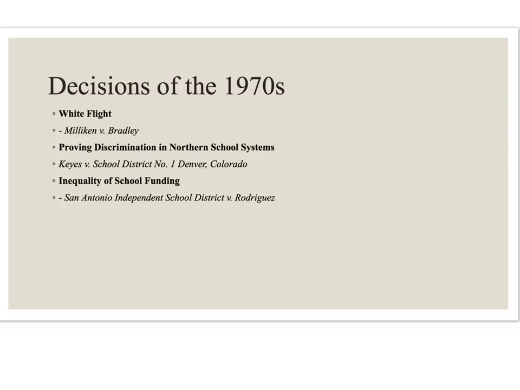a multi-district remedy and stated that a law or a specific policy that fostered discrimination is needed for there to even be a multi-district remedy. Another issue with the desegregation efforts was that it was hard to prove that the North had de facto segregation. A major case ruling for that was Keyes versus School District Number 1, Denver, Colorado. This ruled that there needs to be a discriminatory purpose and not just a discriminatory impact for an equal protection